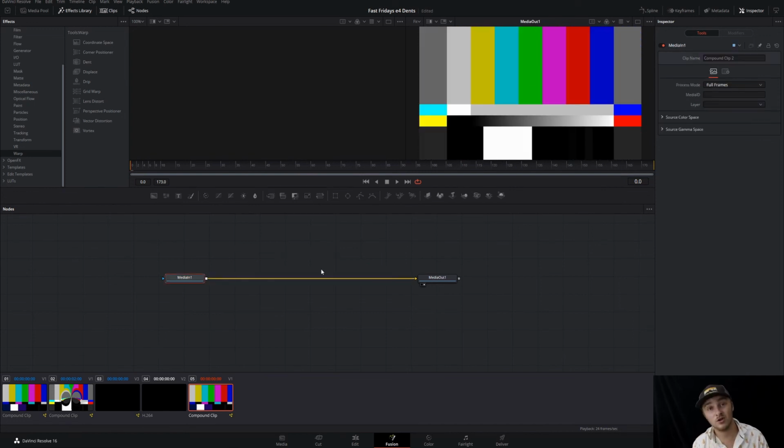So all of the warps that are available to you in Fusion are pretty awesome, so I would suggest going through the rest of them. And if you have any